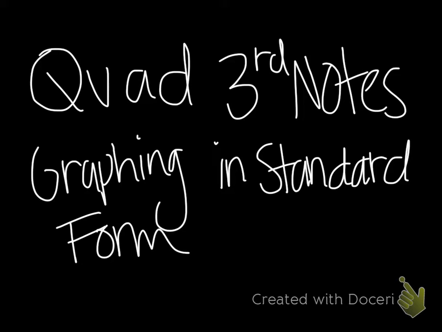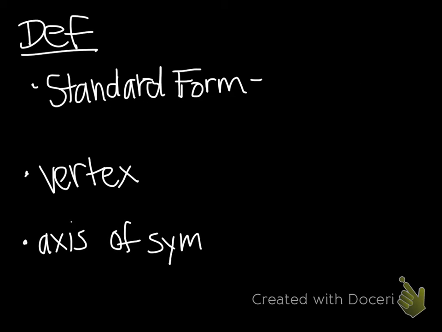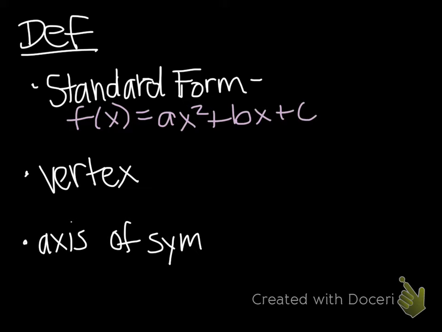Today we're doing the third set of notes and we're going to be talking about graphing in standard form and multiplying binomials. So the first thing we need to discuss is standard form, and standard form looks like f of x equals ax squared plus bx plus c. One of the things that's important to know about standard form is that your c value is always going to